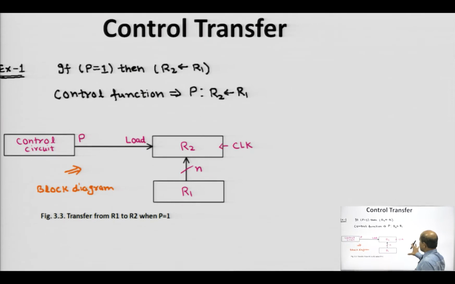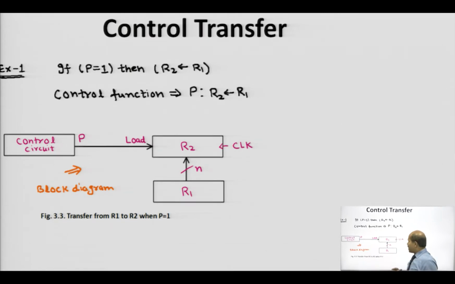This transformation can also be represented in terms of a block diagram, since in most cases the transformation operations are controlled by some flag value, by some conditional. They are controlled by the control unit. All the transformation operations are controlled operations. That is why they are called control transfer. They are not direct transfer, they are controlled transfer.